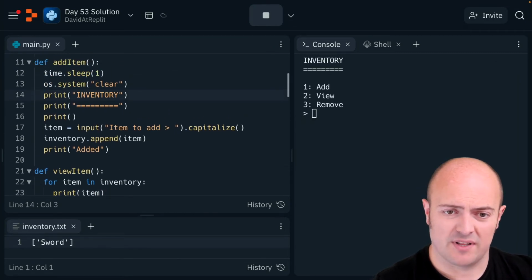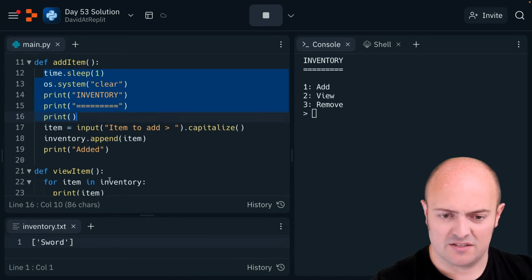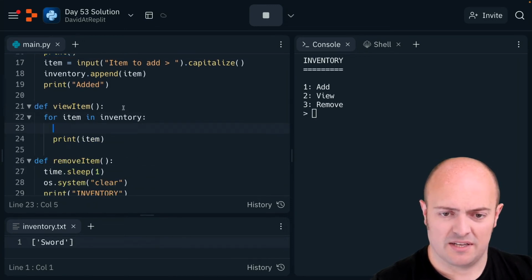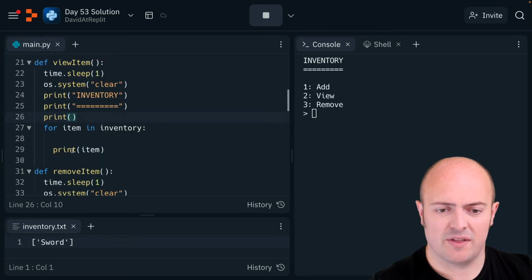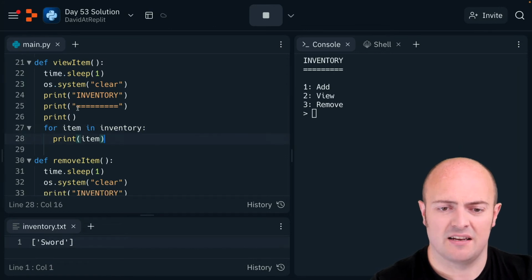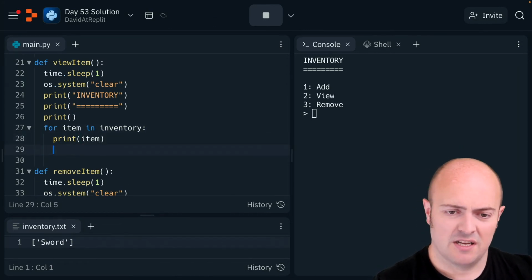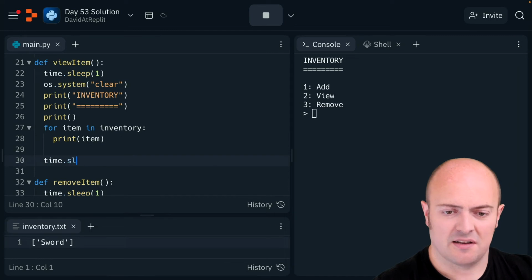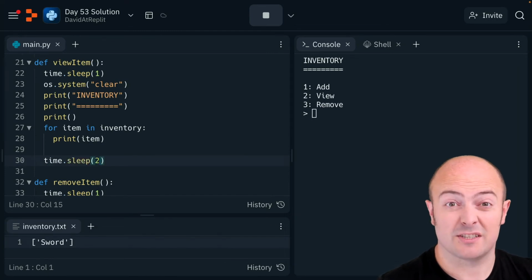And do you know what? I'm going to bring this stuff in again, because it's always nice to have, oh dear, sorry, wrong place. Bring that in, because we've got the consistent heading then. We've got our items printed out. I'm also right at the end going to add another time.sleep just for 2 seconds,